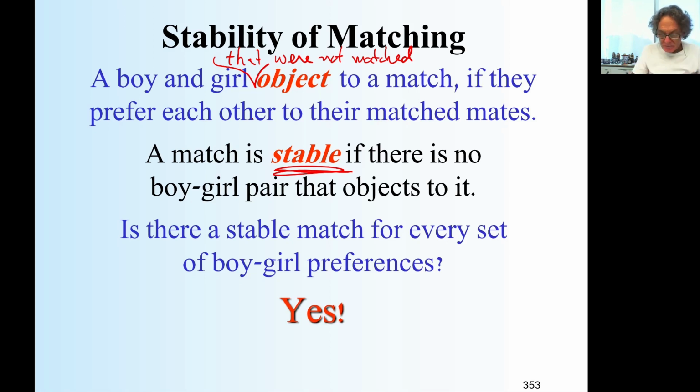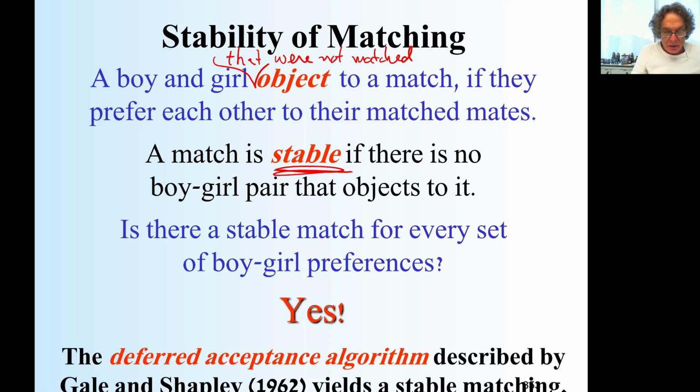Yes, the answer. Here it is, the Deferred Acceptance algorithm. That's the algorithm found by Gale and Shapley, described in a paper in 1969. They published the paper two years after or something like this, but they started talking about the problem of exchanging mail in 1959. And what is the algorithm?